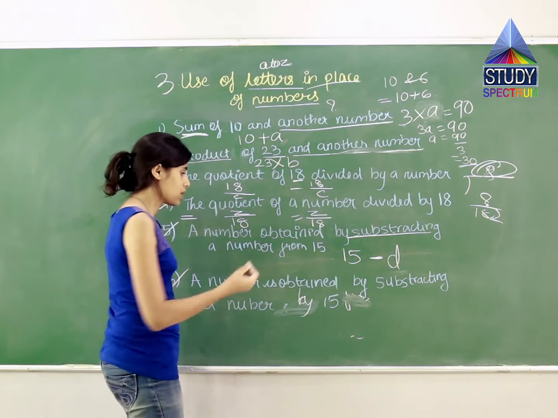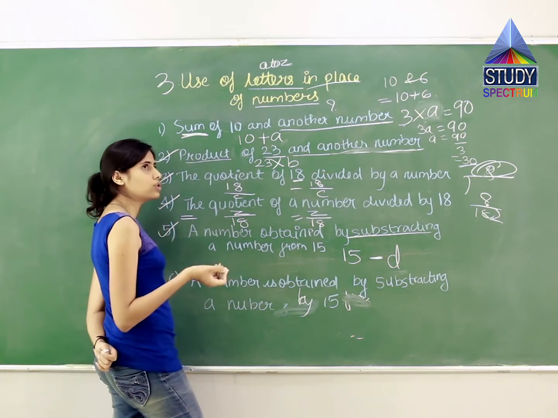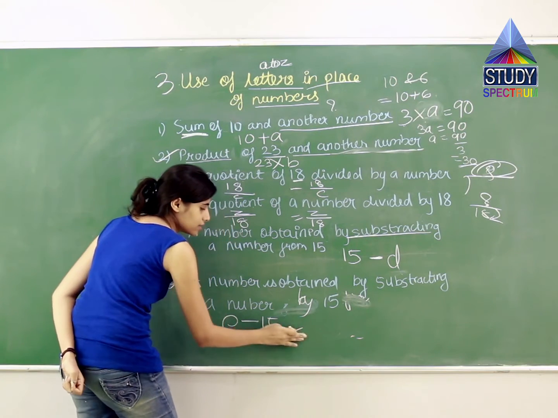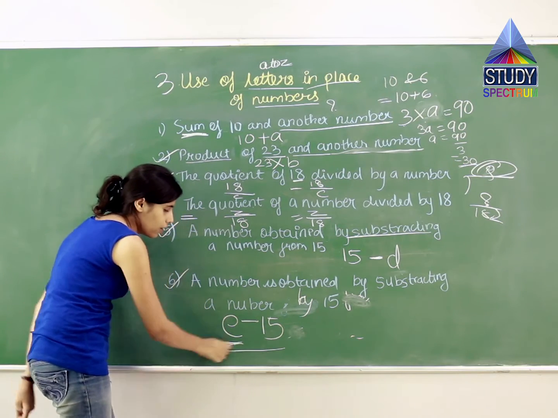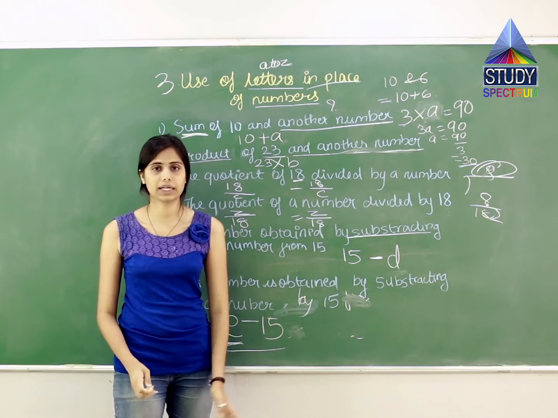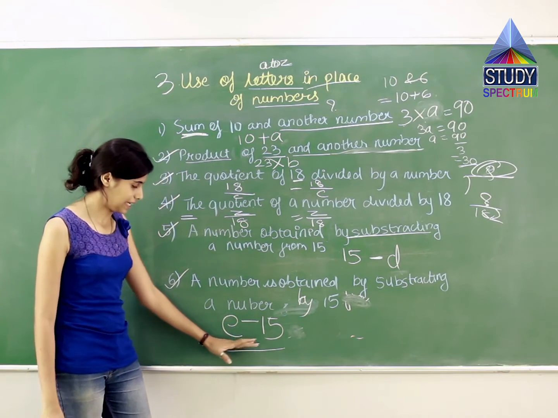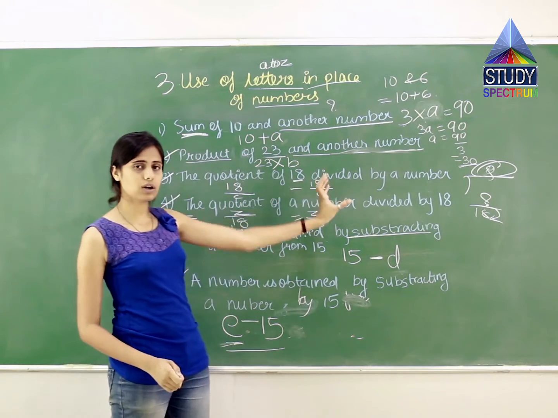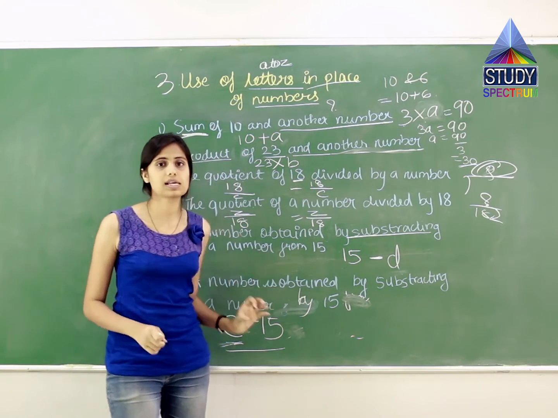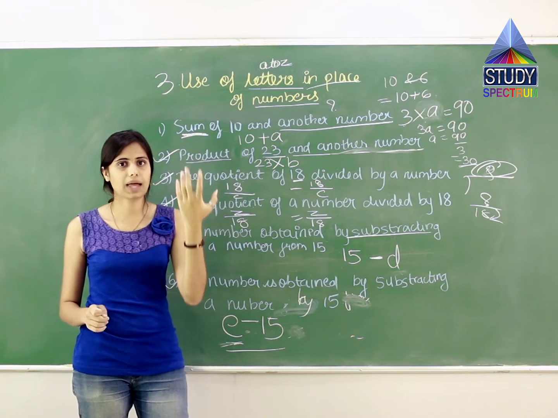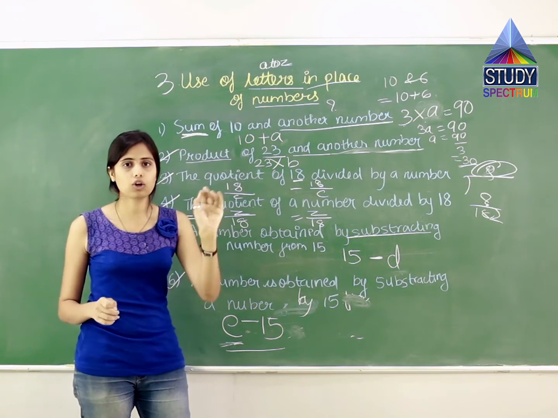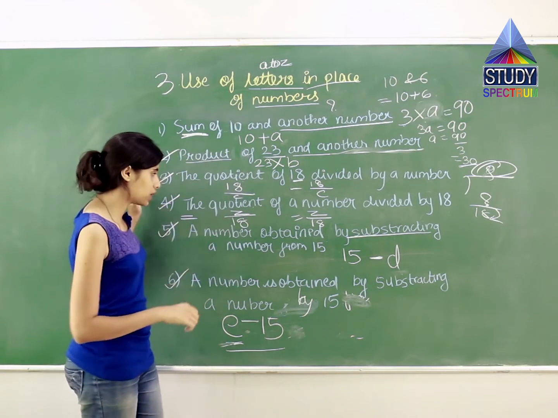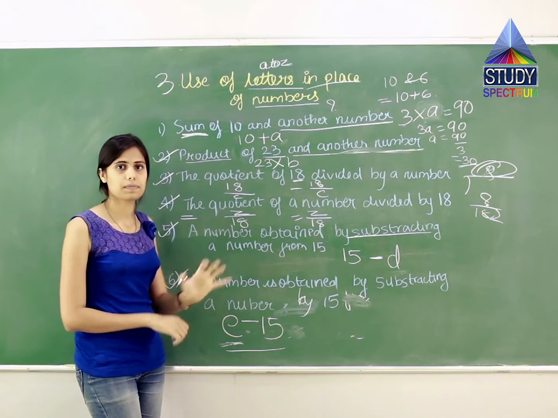So what we will do is we will write the number. Suppose e minus 15, they are asking. They are asking that there is some number and you have to subtract 15 from it. So that is what I did. E minus 15. This is given in the question form. What we have done is, any number, a number or unknown number, is replaced by a letter from A to Z. So clear with this example?